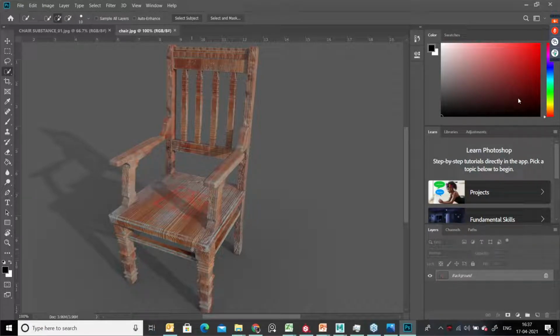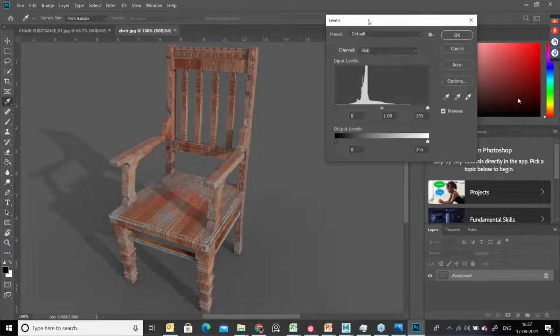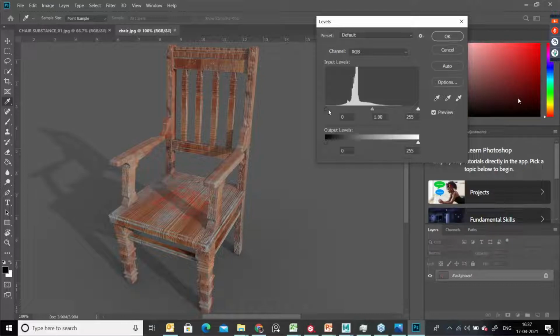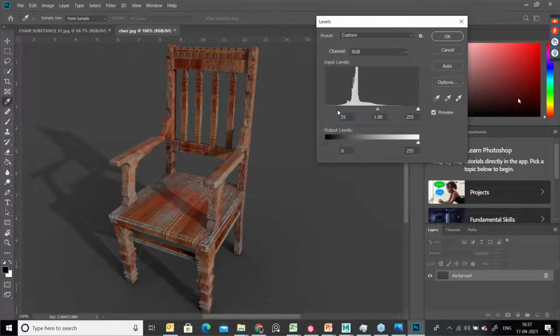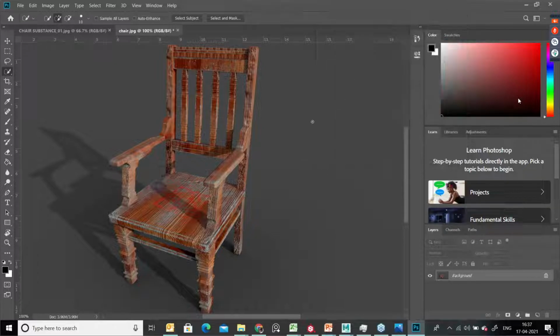Now I want to make it a little bit more realistic. To do that, go to image adjustments, levels. In the levels, you can adjust this. See, the brightness you can reduce, and the mid tone also you can adjust. Okay, and the light colors you can increase and decrease. Click on OK.